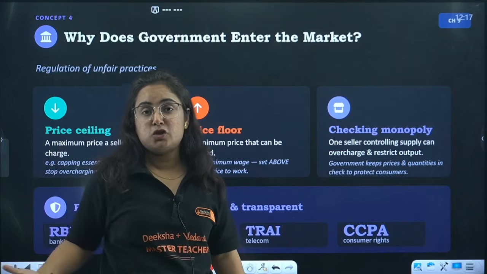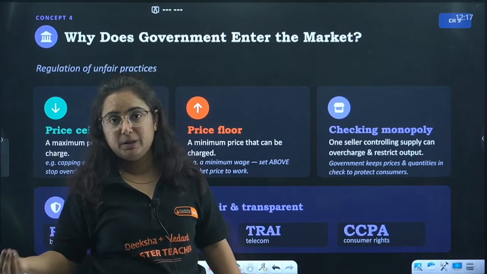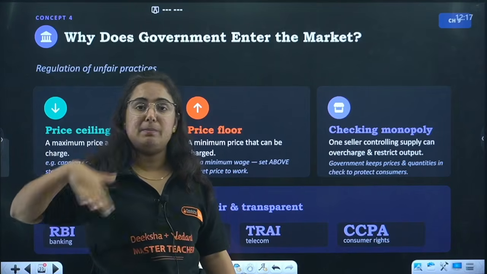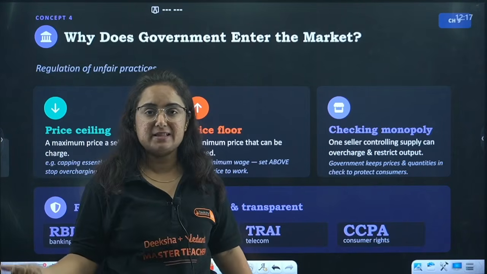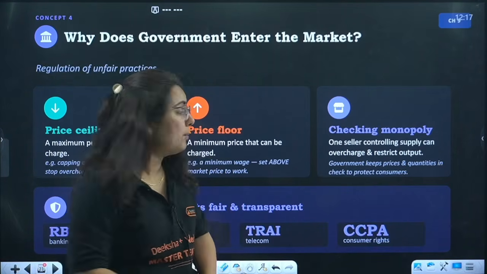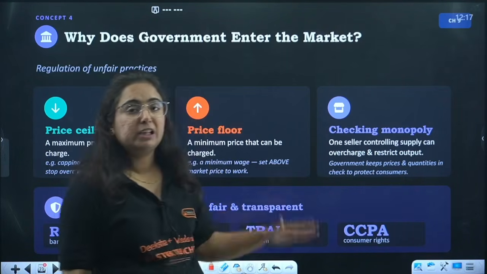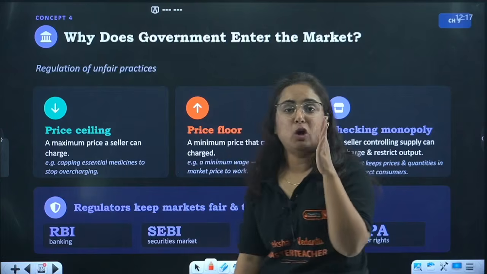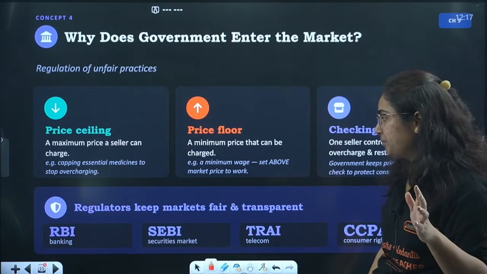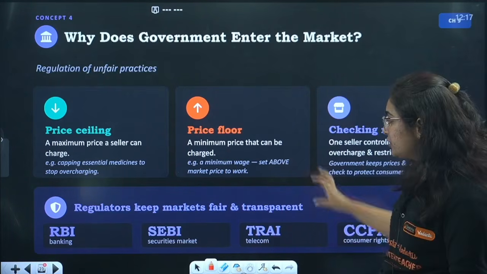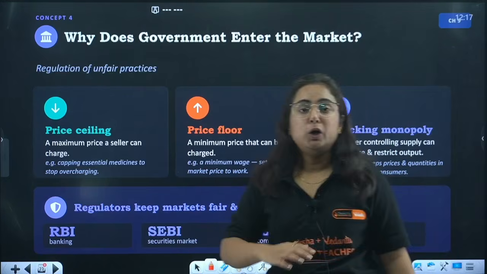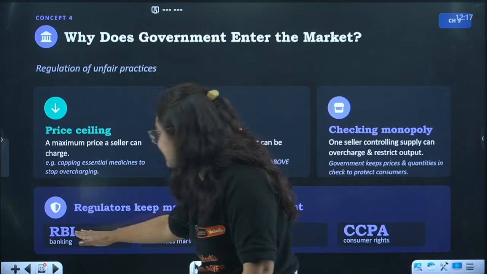When it is an essential item, a needed item, what will happen? The demand for it will increase, and people are ready to pay whatever price is being charged. And hence the monopoly is created. The government keeps prices and quantities in a manner to check that consumers are not being affected by these monopolies, right? For this regulation, certain authorities have been made to keep it more fair and transparent, that is RBI for